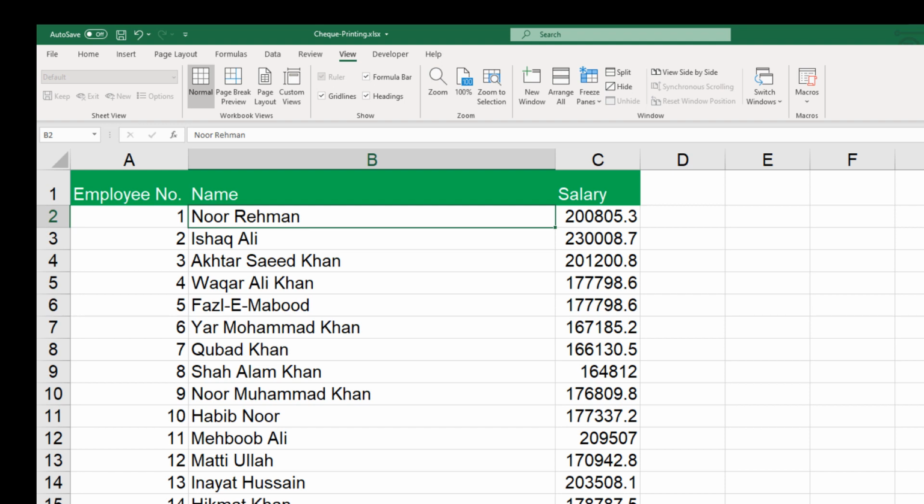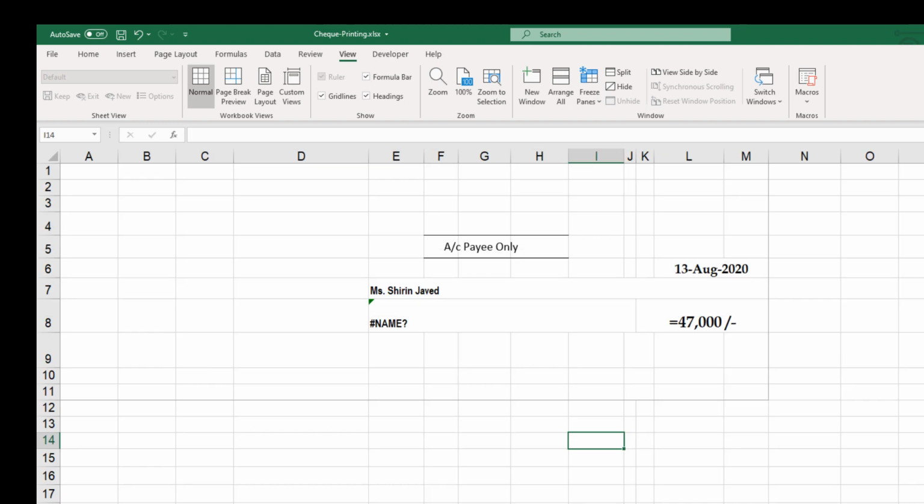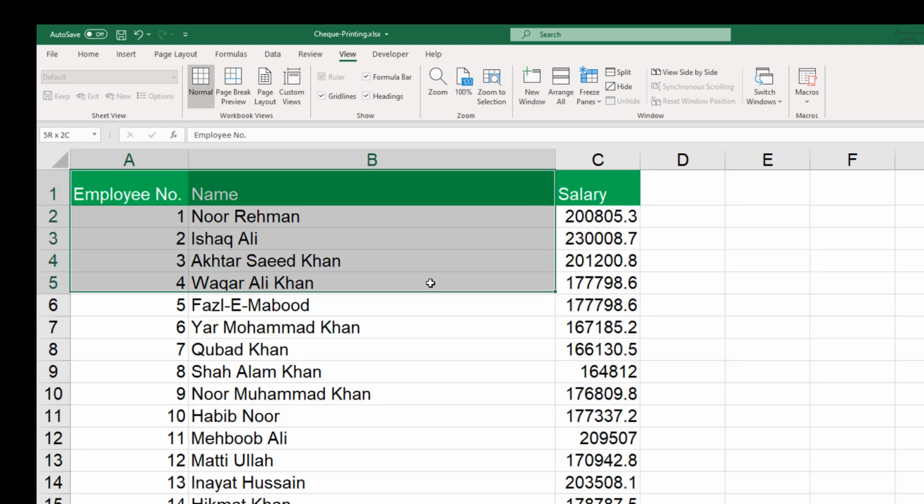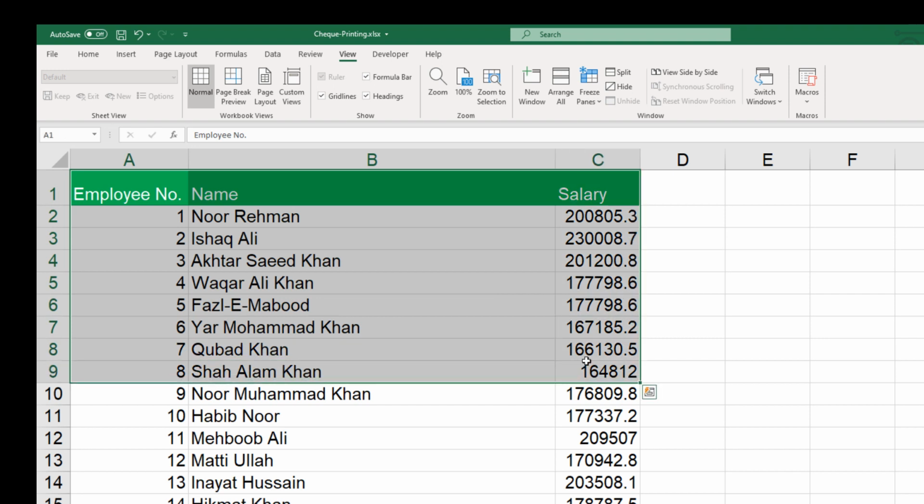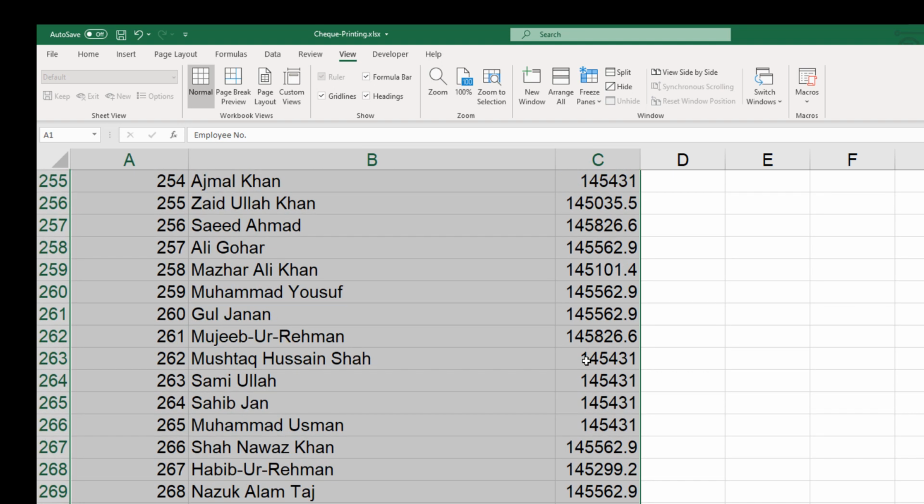We are left with these three things. So how do we get the first person name here, Nur Rahman? It's a matter of VLOOKUP. So let's say we assign this whole table. This is our source table. So we give it some name, Control Shift Down.